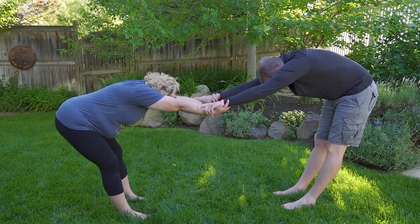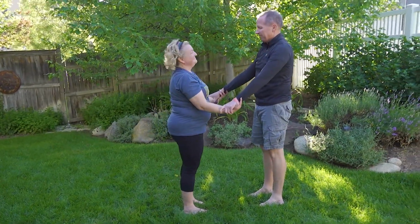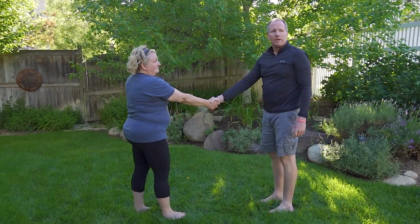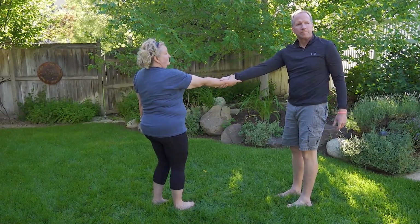And then go ahead and stand and face each other. That was great. So there's one other thing I want to add. Grab each other's right hand, just the right hand, and do the same thing with the wrist, the forearm. Grab each other's forearm there, and do that pose again where you're leaning